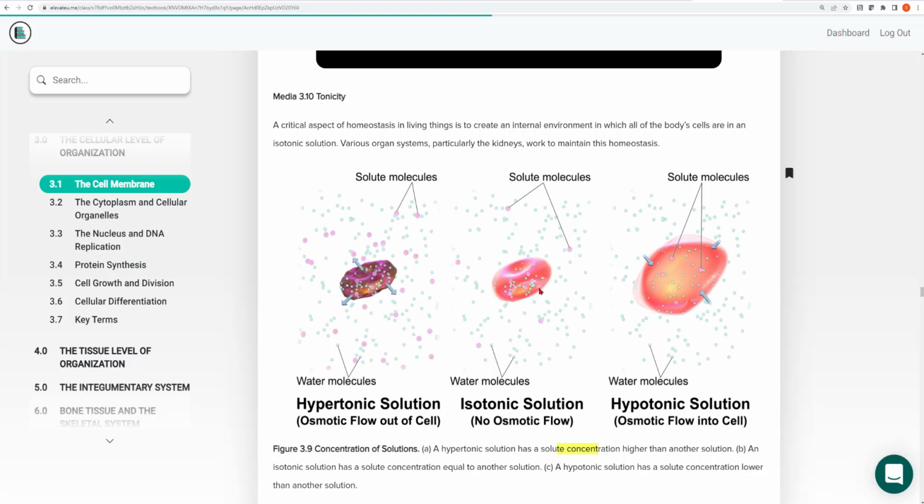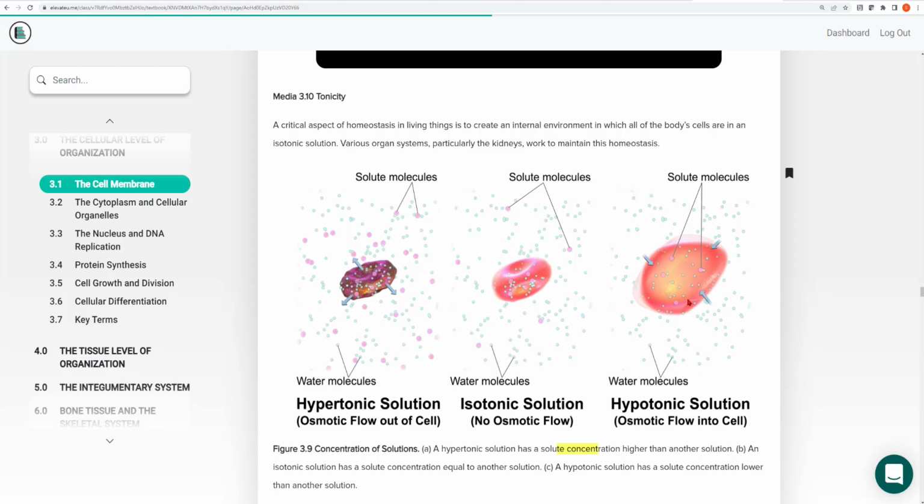What happens if instead we take a red blood cell and put it into a hypotonic solution? Hypo means less or under. So in this environment, this is like pure water. Notice that out here, it's just pure water. There are no solute molecules in this. Well, solutes suck. So now water, which is in higher concentration on the outside, is going to be drawn into the cell, because inside the cell there are some solute molecules. So this cell is going to take on water. There's going to be a flow of water into the cell. We would say there's an osmotic flow into the cell.